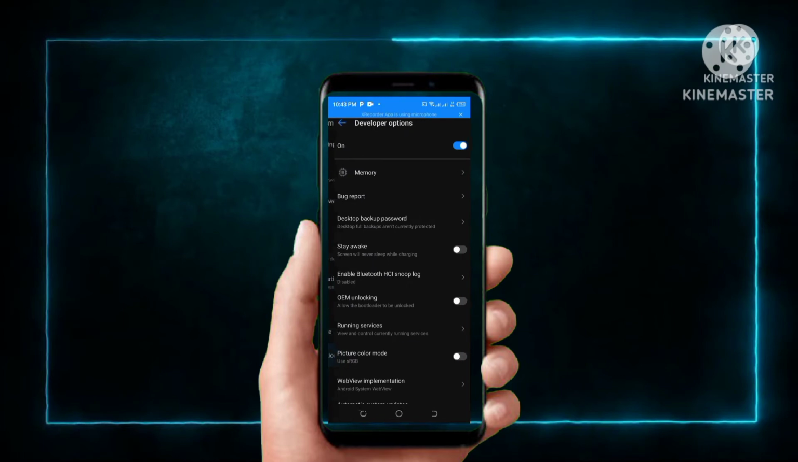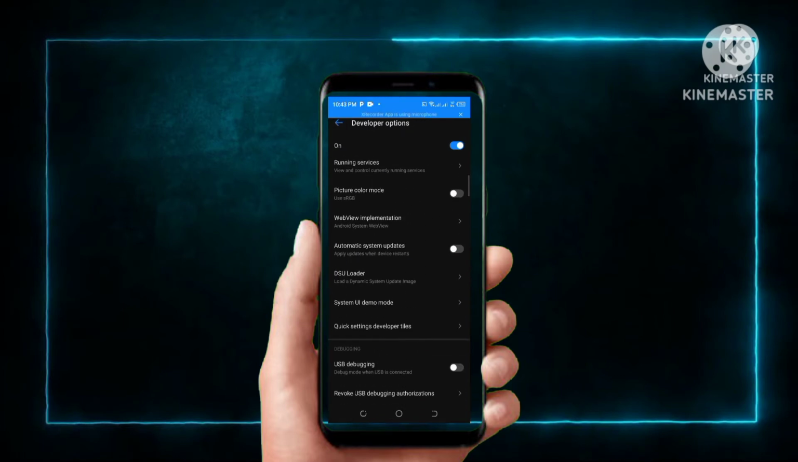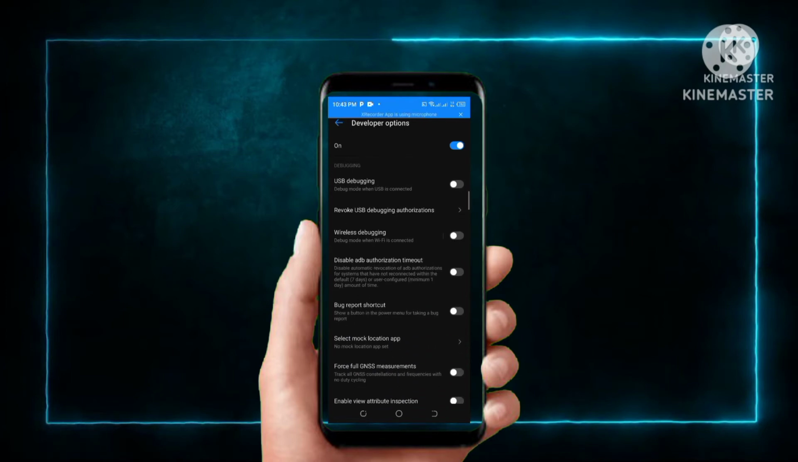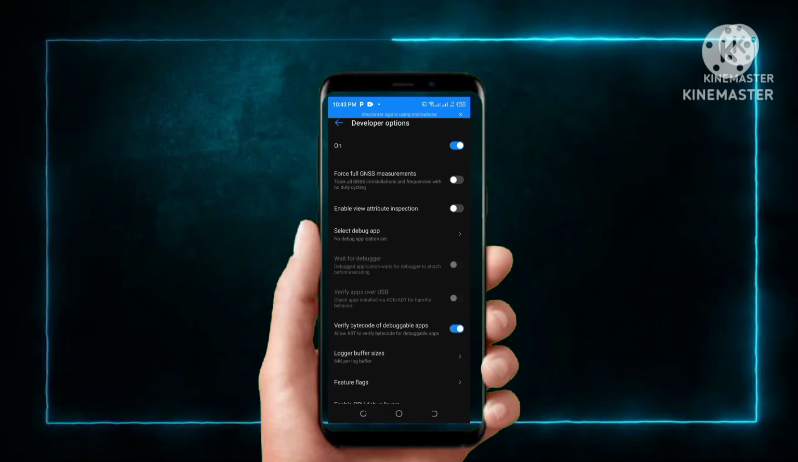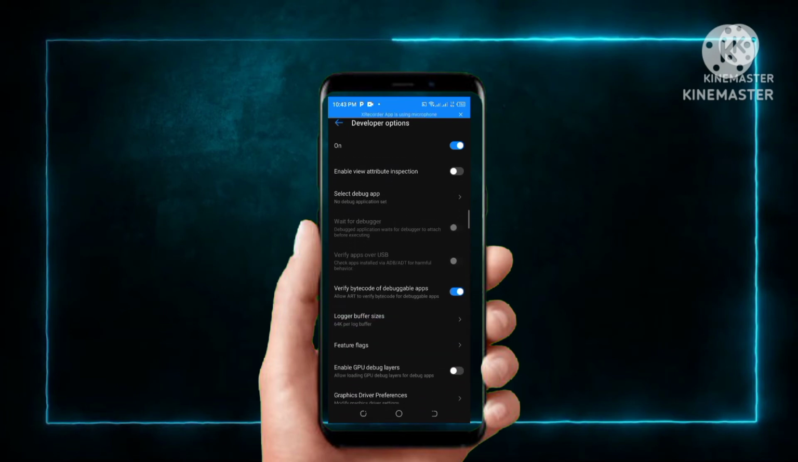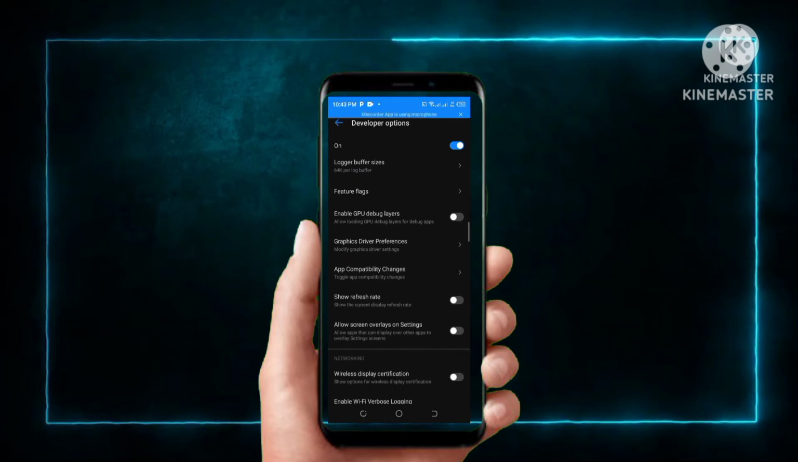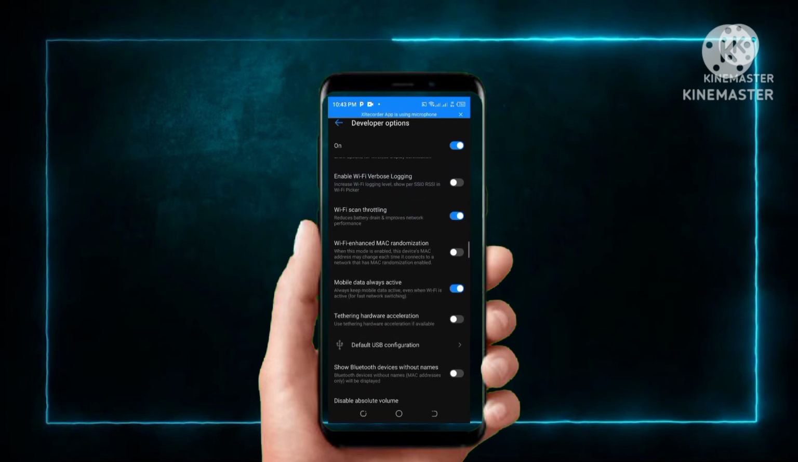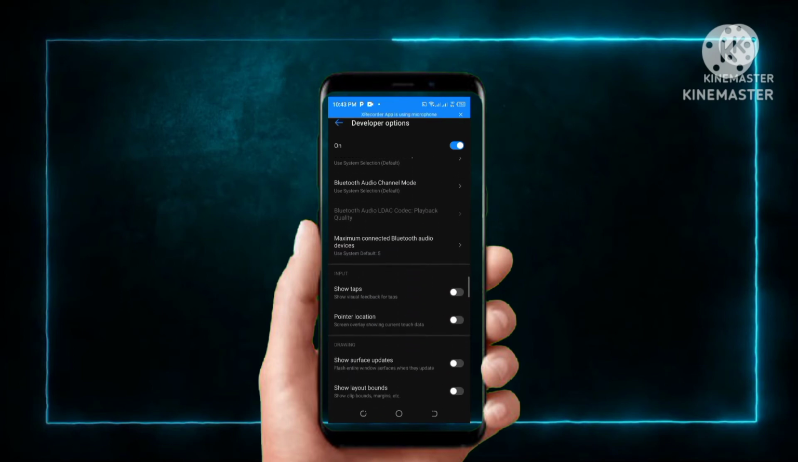At system, you see developer option, tap on it. At the developer option menu, scroll down to look for animation scale. Windows animation scale. It will be down. Animation scale will be down. So the animation scale,